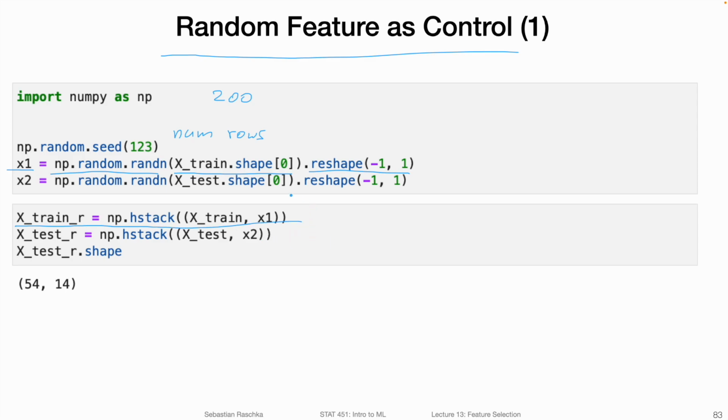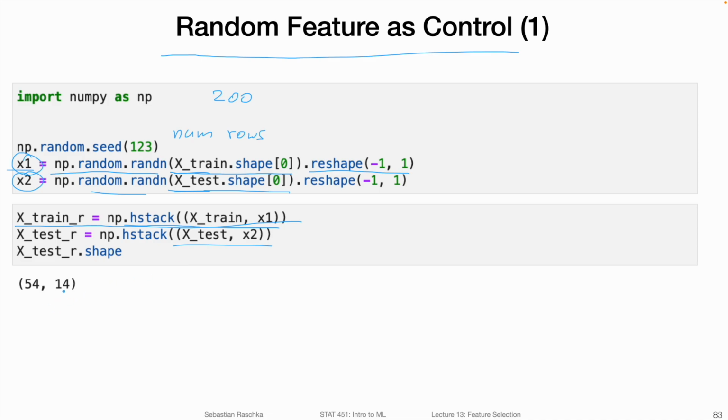And then I'm doing also the same thing for the test set here. So again, I'm sampling from a random normal distribution here, same size as the test set. So I have now two random vectors that have the same number of examples as the training or the test set. And then here I'm stacking it with my training set or my test set. And then I will basically have another feature column.